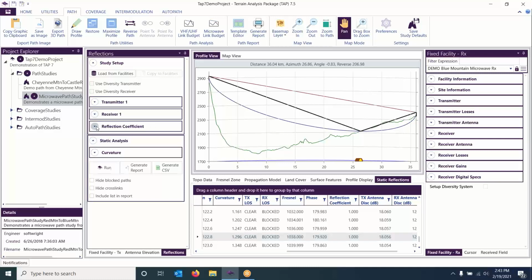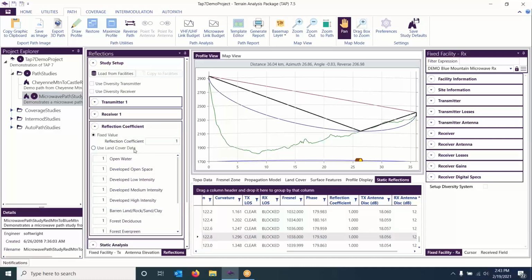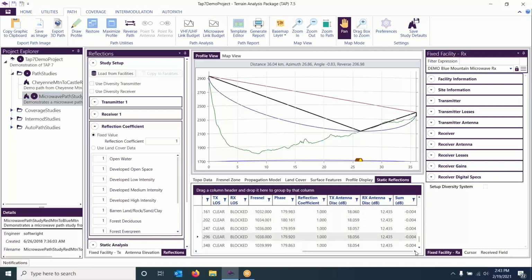So if you had a reflection coefficient defined as a function of land cover data, you might see different values here. As it stands, I set it as 1, so reflection coefficient is 1 over all of these reflections. So it's kind of a worst case assessment. Your antenna discrimination is the difference in the antenna gain between your direct signal and your reflected signal as a function from the transmitter's view.